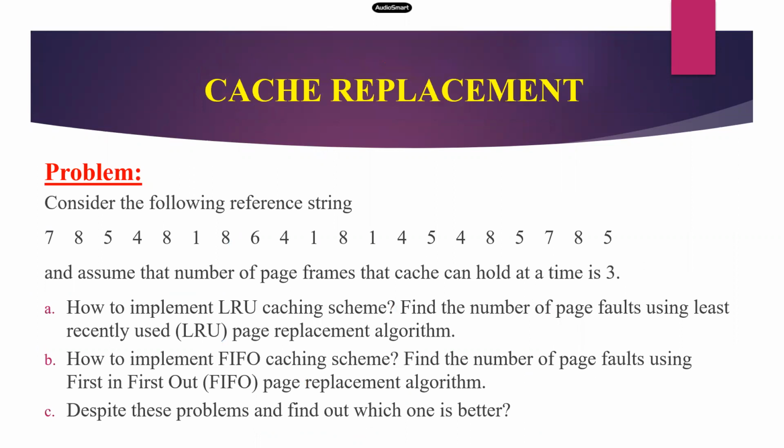So in cache replacement policies, we have a number of algorithms. From this example, I am going to discuss two algorithms. One is the least recently used algorithm, another one is the first in, first out algorithm. So consider for this example the following reference string